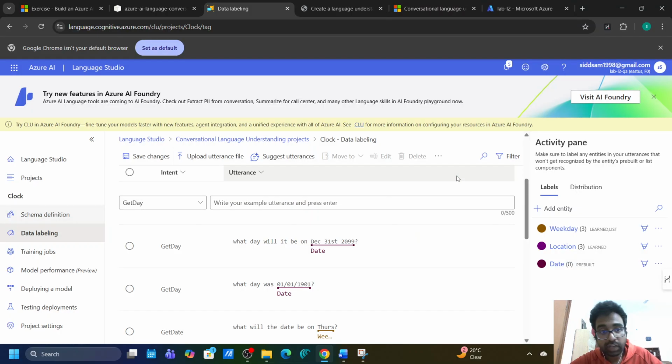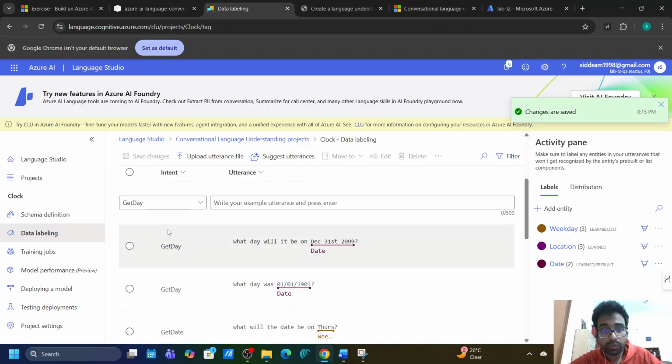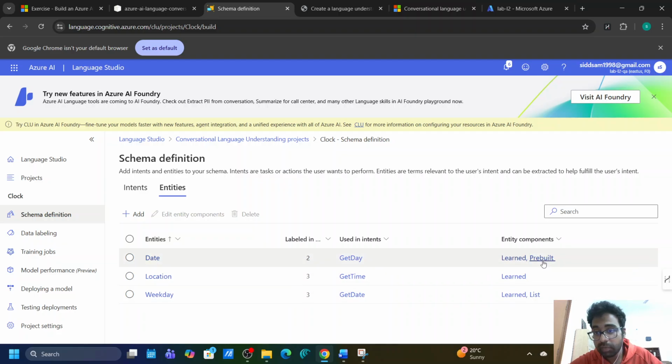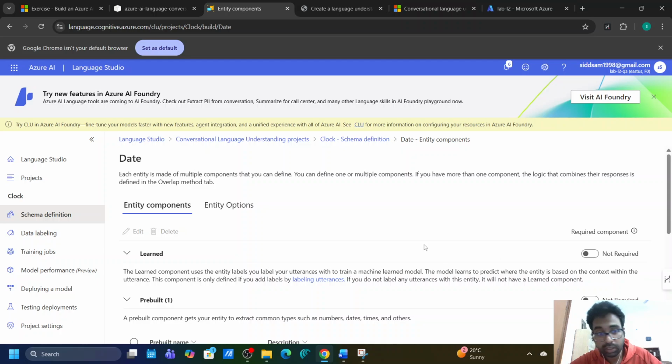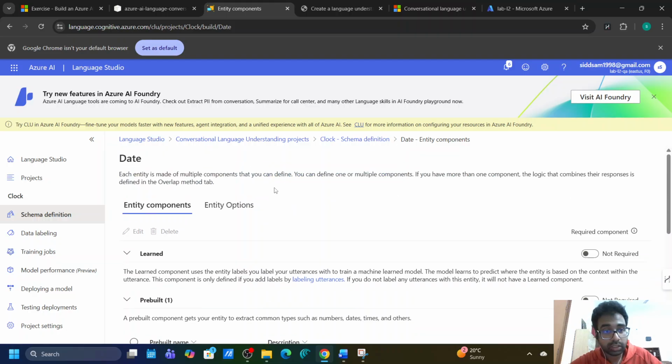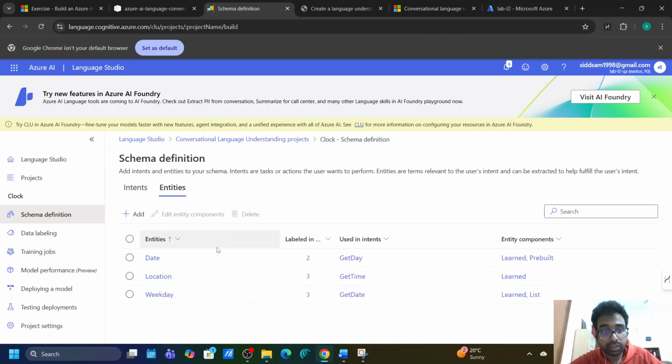Before that we have to save the changes. Because we are using this one, let's go to schema definition. So in entity, for date we are using the pre-built entity component. You can see here there is learned and learned, so we have to disable the learned. So if we go to the date entity, this should not be required. So let's go to our schema definition. So these are the entities we have,